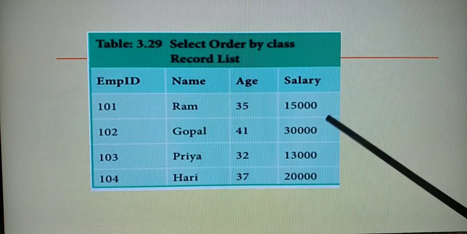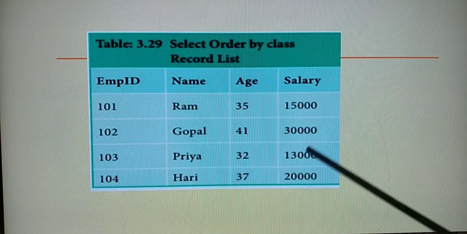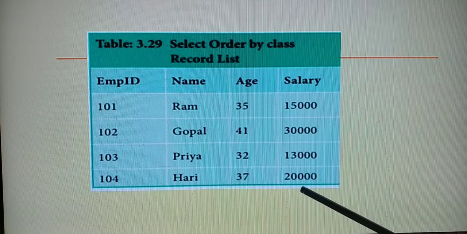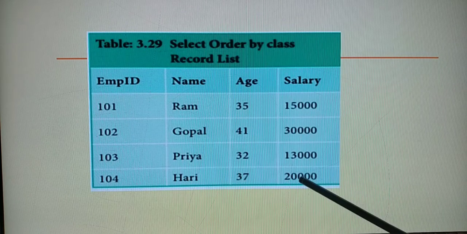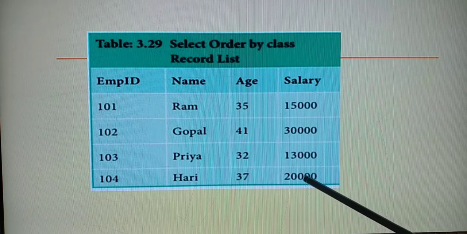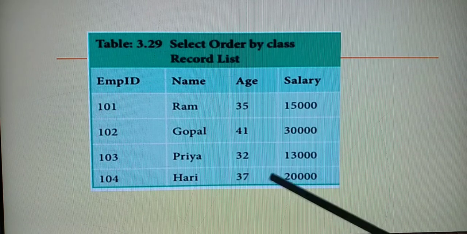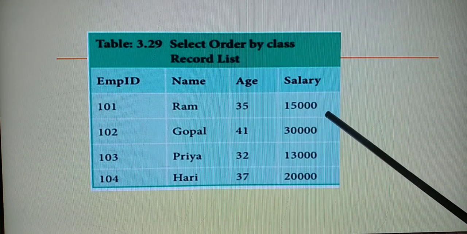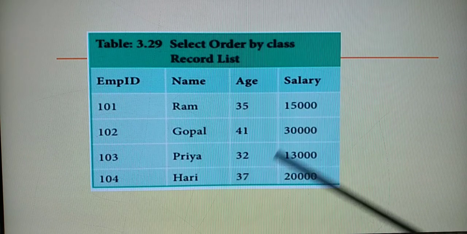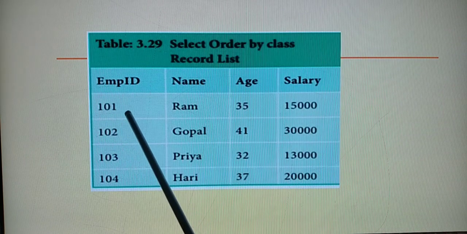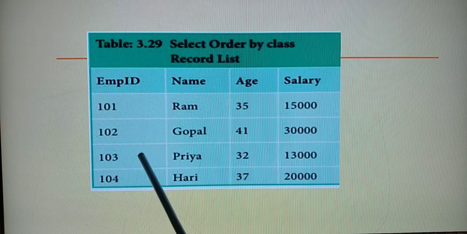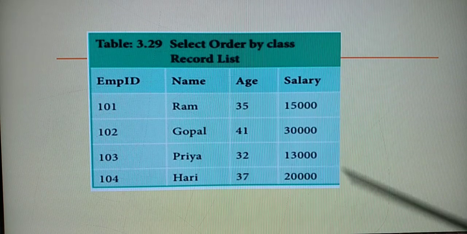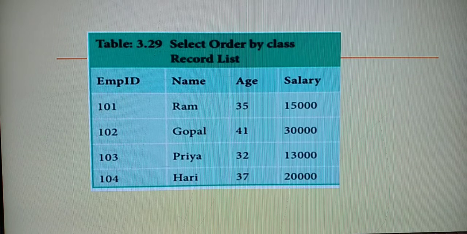See this table. The persons who have salary less than 20,000. They didn't give it as less than or equal to 20,000. If the query were less than or equal to 20,000, this record would be displayed too. But they have given less than 20,000. So it is 30,000 here and 15,000 here. You need only the employee ID. So the 15,000 employee ID is 101 and the 13,000 employee ID is 103. After executing this subquery, these 2 records will be ready to display.